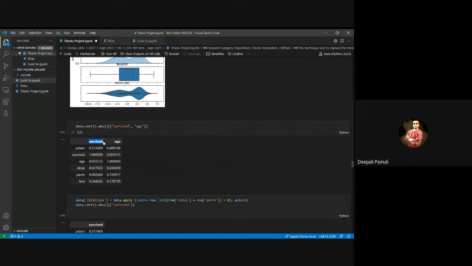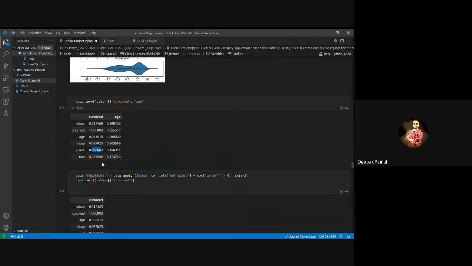So our output feature is Survived, and these are the features which have this much correlation with our Survived factor, right? You may check SibSp has very low correlation, Parch has low correlation. Is there a technique where we can improve this? Yes, we can create a third feature, a dummy feature, by concatenating these features. Let us concatenate it and then check the correlation, right?